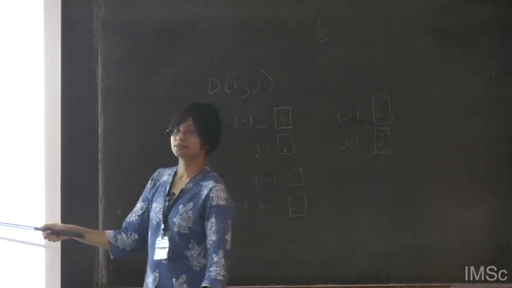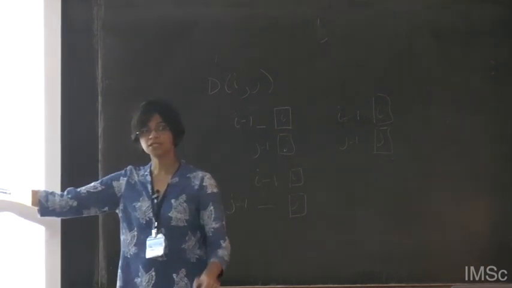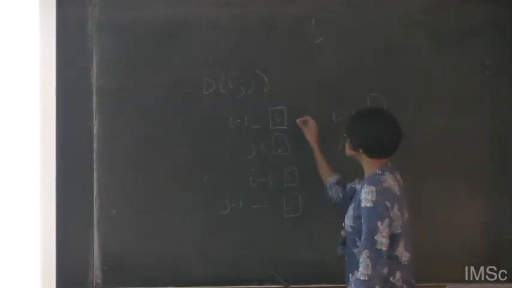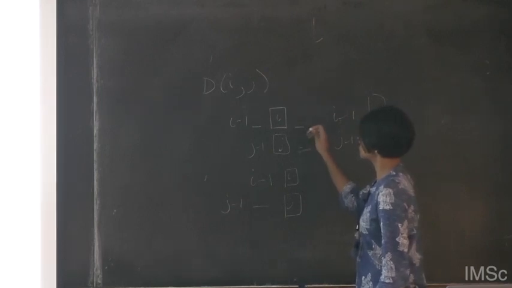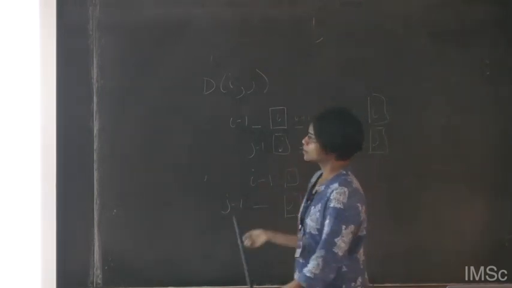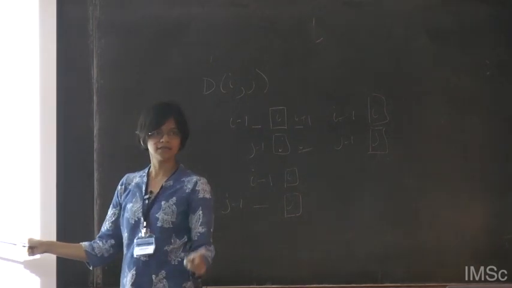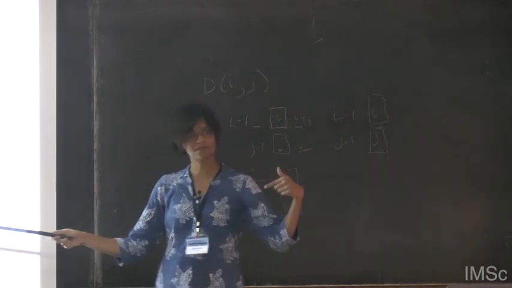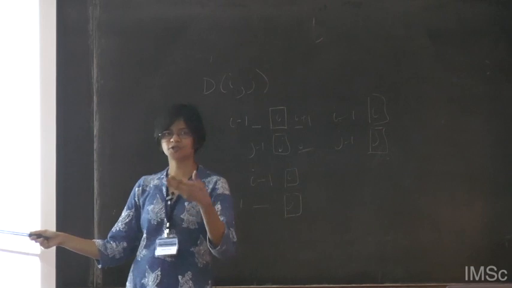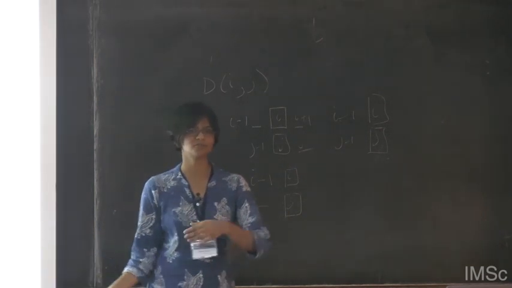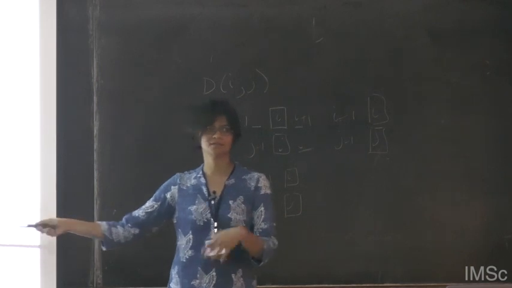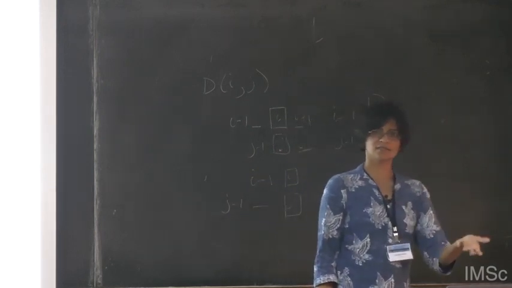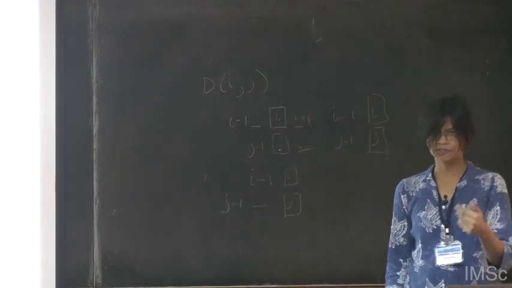Okay? This one says that if you're putting a new gap into something that was already aligned, so now you're looking at I plus 1, if you're introducing a gap for the I plus 1, then you need to put that additional h. Again, if you had a gap in the other sequence, in this sequence if you're introducing a gap, then you have to put an h. So any introduction of a gap gives you an addition of h. Okay, and so you fill up these three matrices and take the maximum, and that helps you get the answer